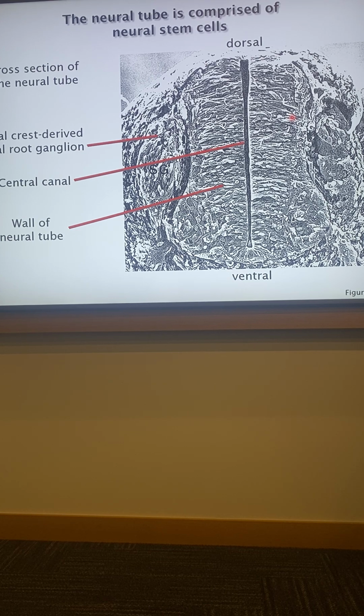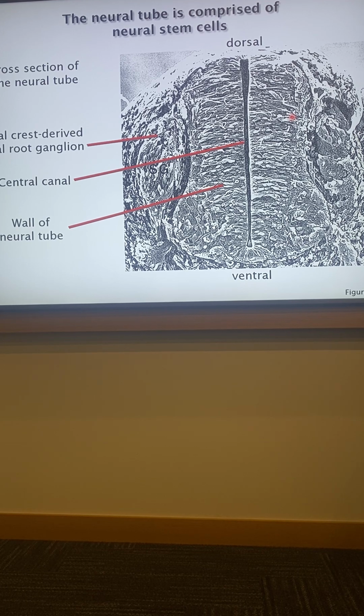Pretty sure this is a mouse spinal cord. Oh yeah, neural crest form dorsal root ganglia. So for those of you that study dorsal root ganglia, neural crest, here's your dorsal root ganglia cells. These are all neural crest derived. Anyways,